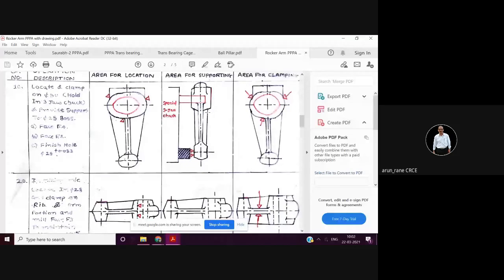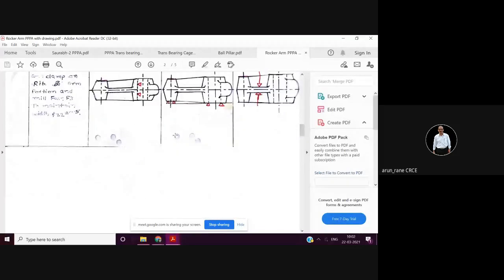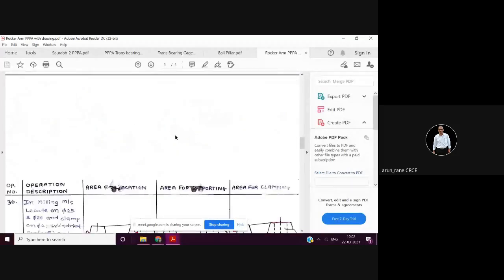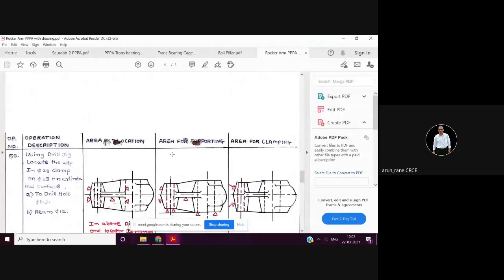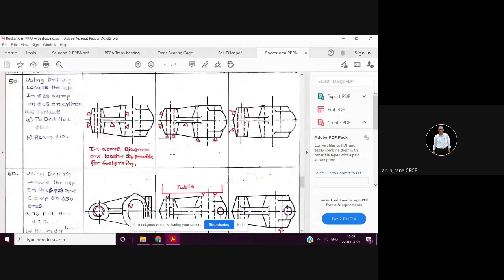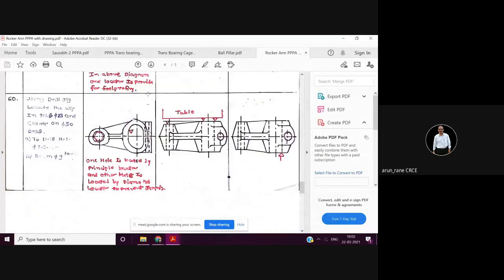If you want to do it like this, it will take at least 1.5 hours, and the remuneration for this is 20 marks, isn't it? So maximum you are going to get 20 marks, but the time will be 1.5 hours. Correct.